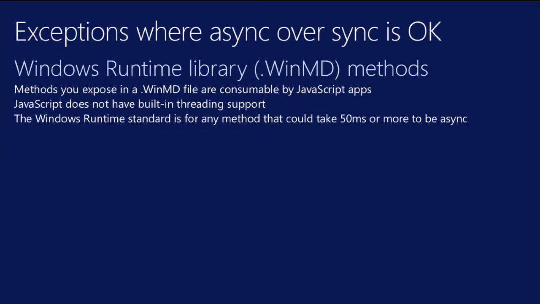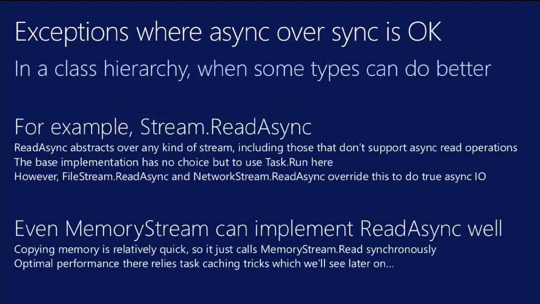And so if you're exposing this to JavaScript and you expect your method is going to take more than 50 milliseconds, then go ahead and expose an async over sync method. That's the compromise you have to make because you're talking to other platforms, which can't do this kind of work, offloading themselves. So the one other core place where async over sync is okay is in a class hierarchy,